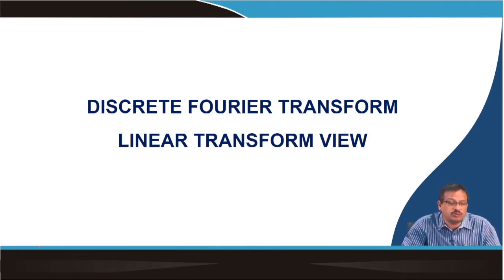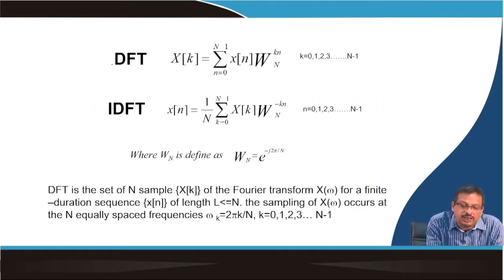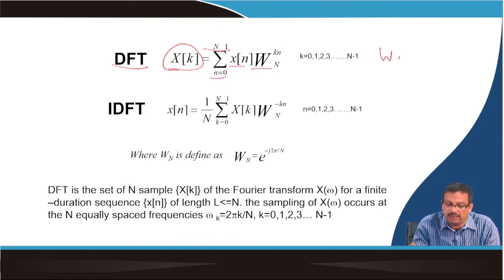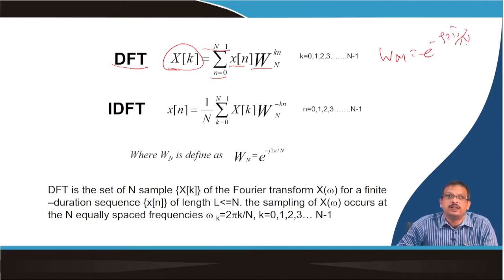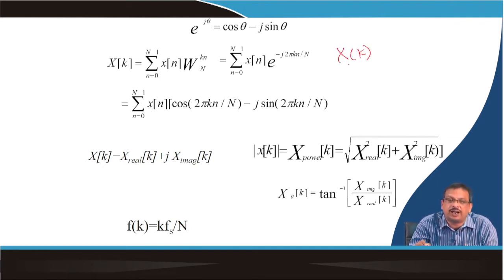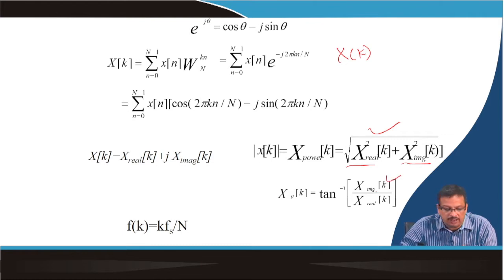Okay. So what is the Fourier transform? We have already said DFT is nothing but the discrete Fourier transform: X of k is equal to the sum from n equal to 0 to N minus 1 of x of n W_N^{kn}, where W_N is equal to e to the power minus j 2 pi by N. Then we discussed the properties, the different kinds of things. What is the magnitude response? Because X of k is a complex number, it has a magnitude and a phase. The magnitude is the square root of real squared plus imaginary squared, and the phase is tan inverse of imaginary by real.